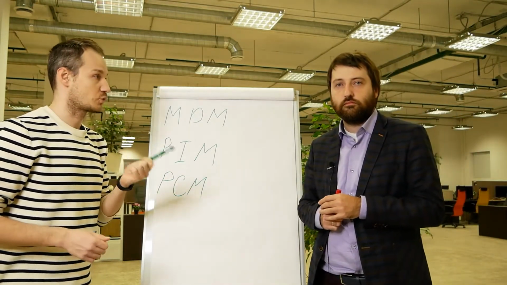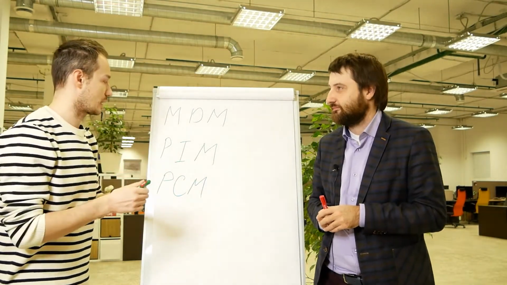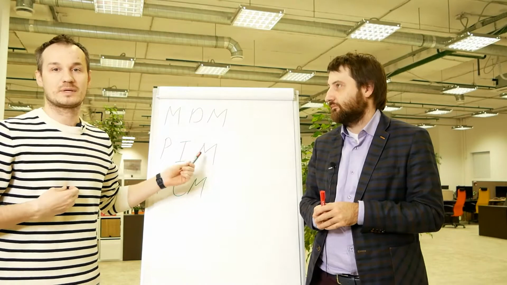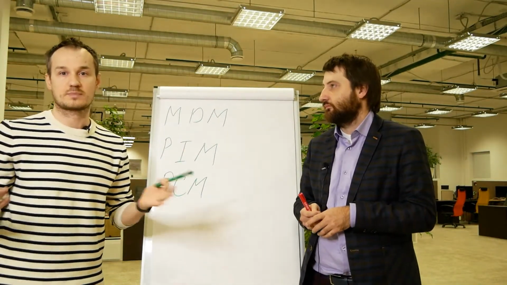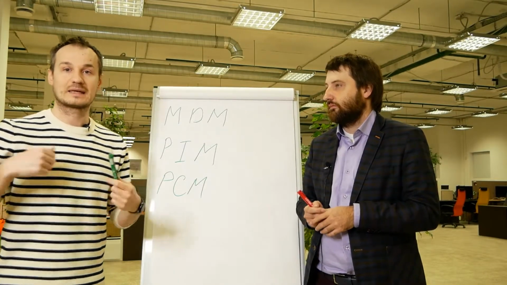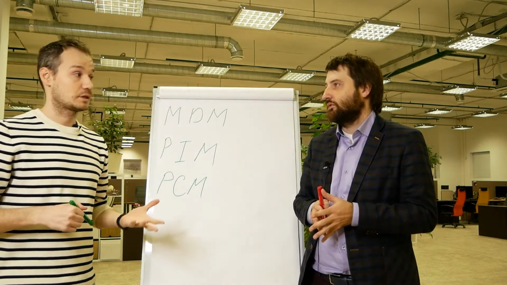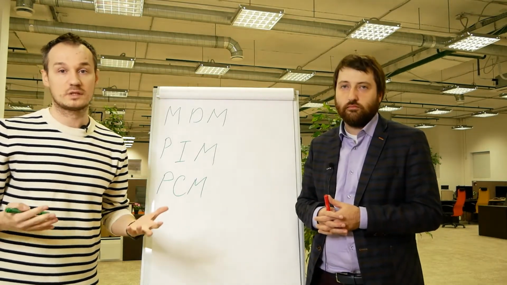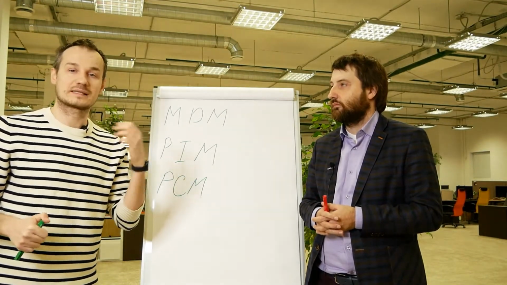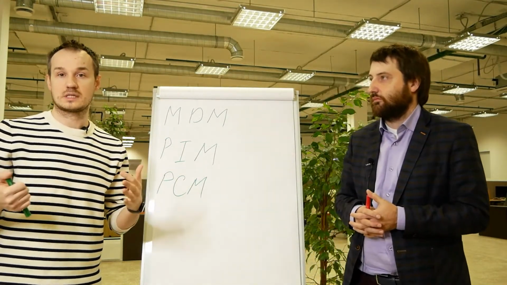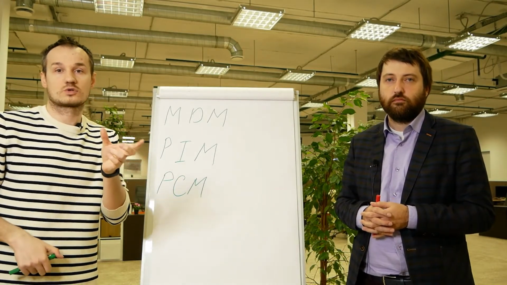Our younger audience needs some additional explanation here, because they might not remember the times when there were no pictures in the data. PIM systems know how to work with pictures. And how is that? You can't have a product without a picture. But back in the 90s, or even earlier, it was not always self-evident. Because for the majority of systems back in the day, you didn't need a picture. For instance, in an ERP system, it was enough to just know the item number or a code.